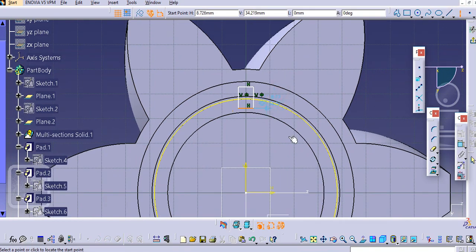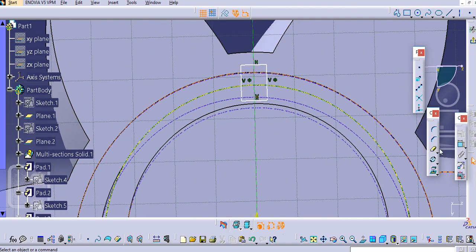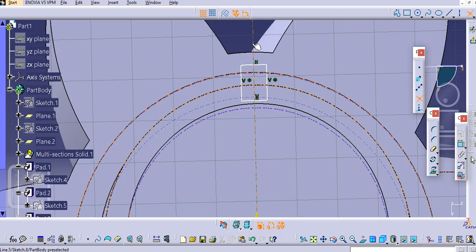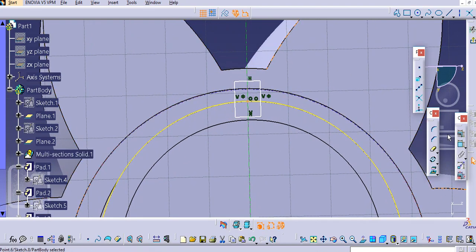So again just create this construction line over here, and we will do one thing. We will just make an intersection point for this edge and this line. So we will get this point,